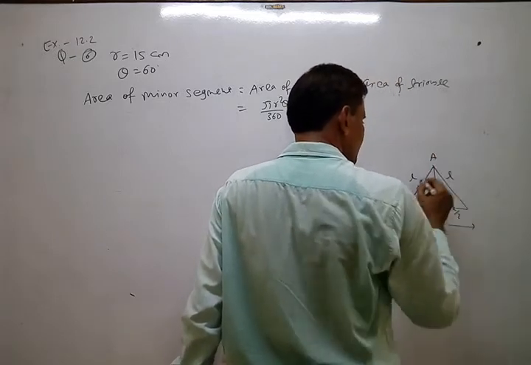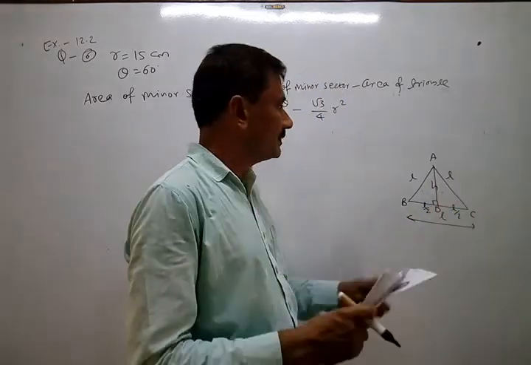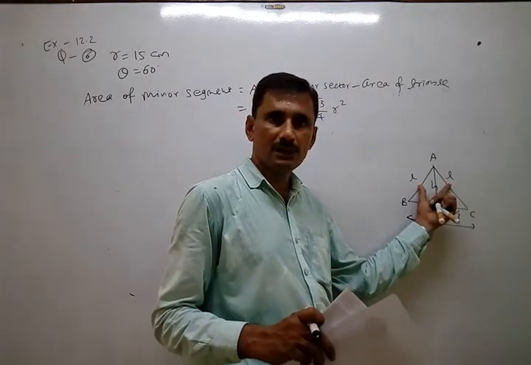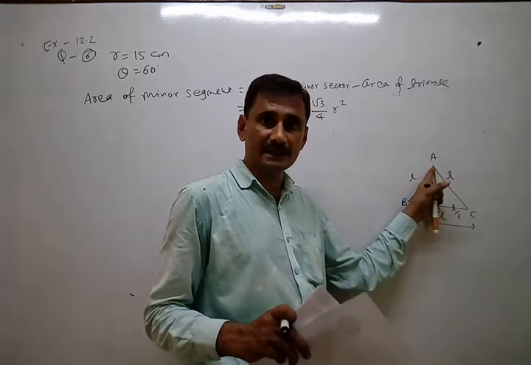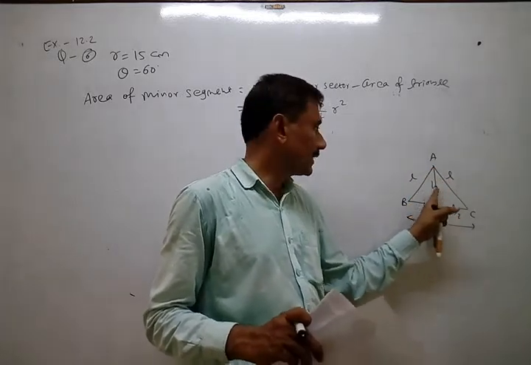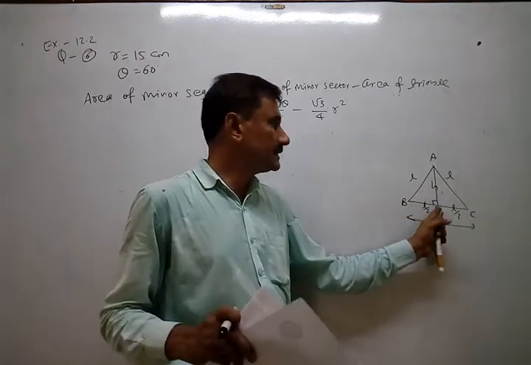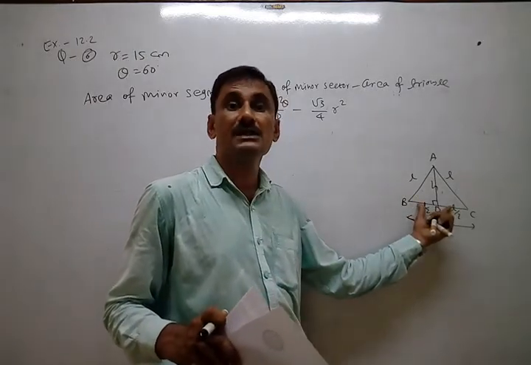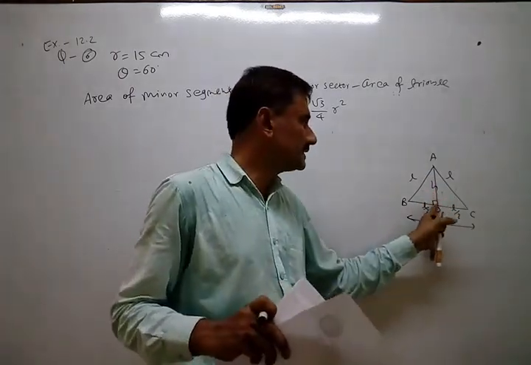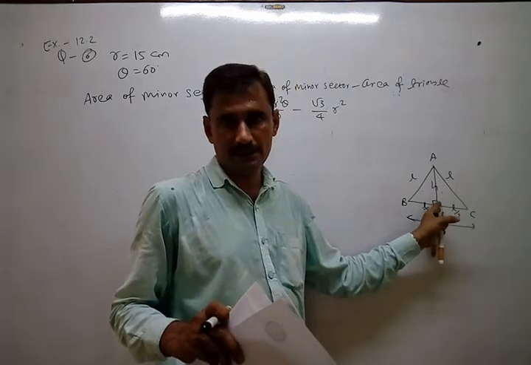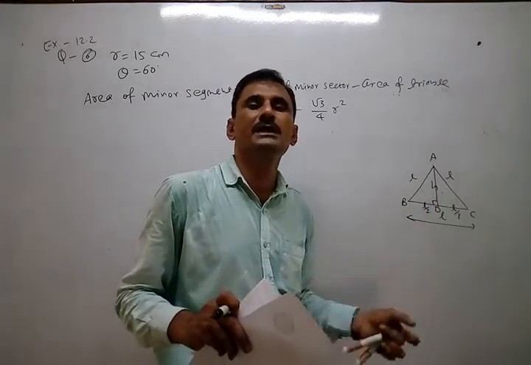Okay. Suppose triangle ABC, with D on BC. AD is median as well as altitude. Why? Because if two sides are equal, then the altitude drawn from the common vertex is also the median. What is the meaning of median and altitude? Median means it divides the opposite side into two equal parts. And altitude means a line segment making a right angle here. So AD is a median as well as altitude.